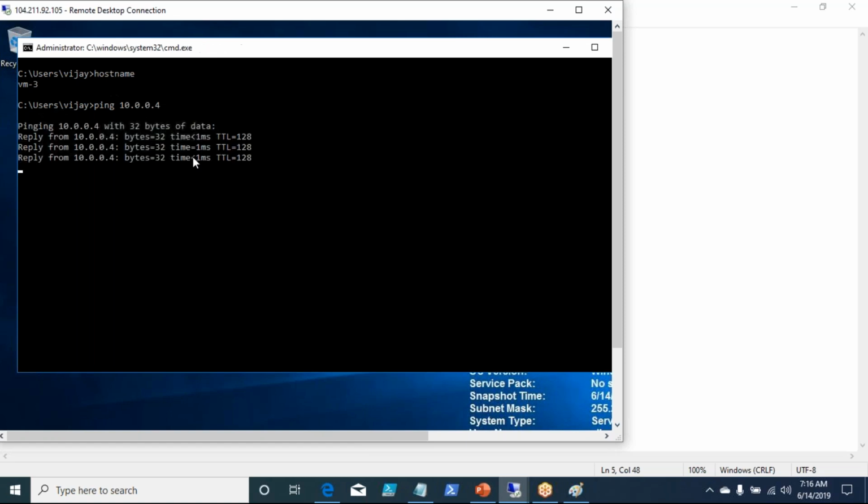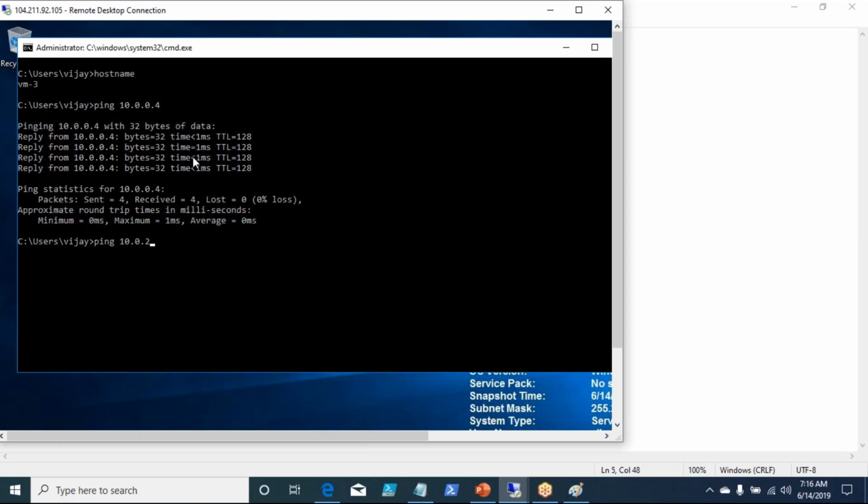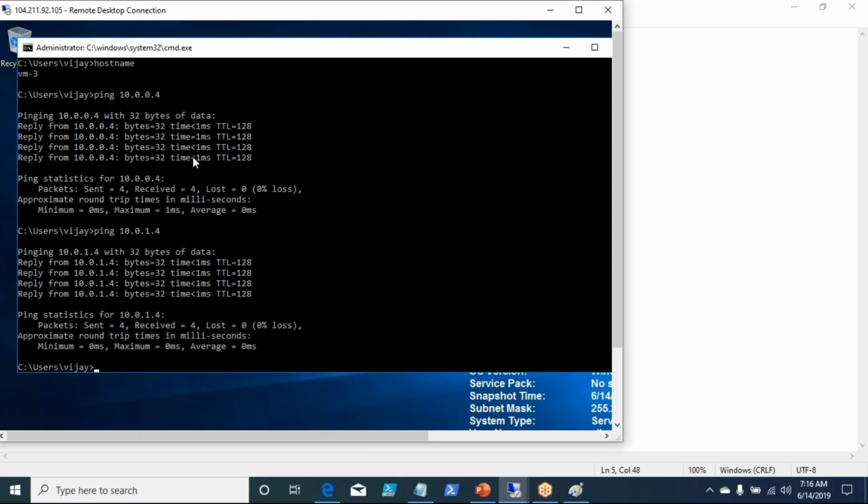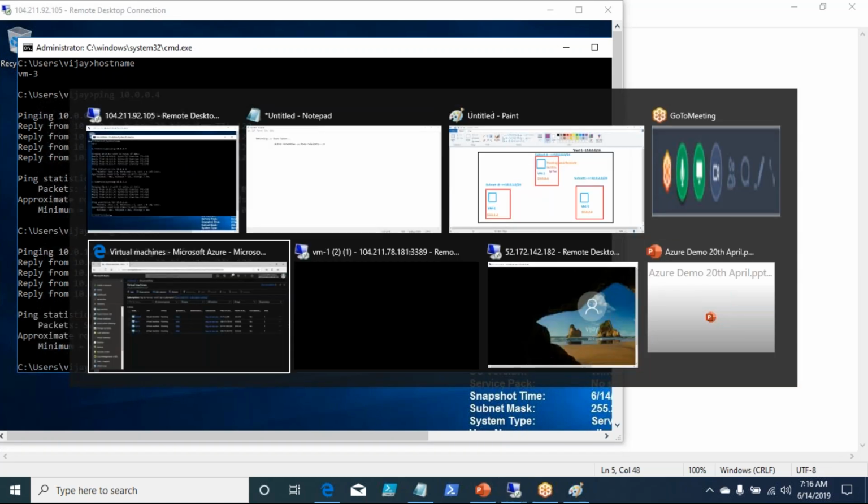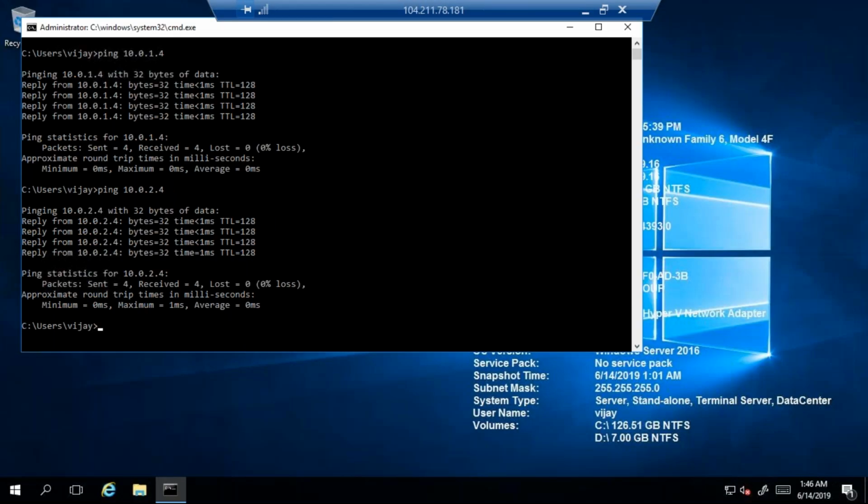It is pinging, right? Let us ping 10.0.1.4, which is VM2, also pinging. So VM3 is able to ping VM1 and VM2. And similarly, VM2 should be able to ping the other two, right?